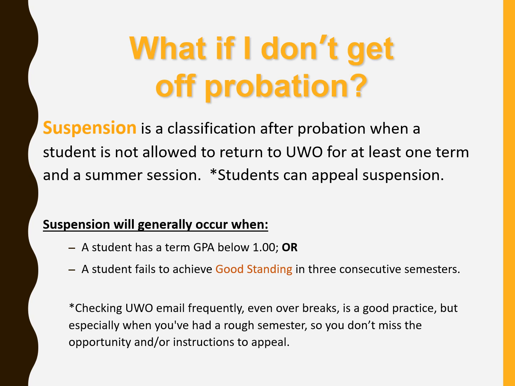What if I don't get off probation? Suspension is a classification after probation when a student is not allowed to return to UWO for at least one semester and a summer term. This can happen when a student's GPA falls below a 1.0 or when a student fails to achieve good standing within 3 consecutive semesters. Students can appeal a suspension, especially if there are extenuating circumstances that may have caused the